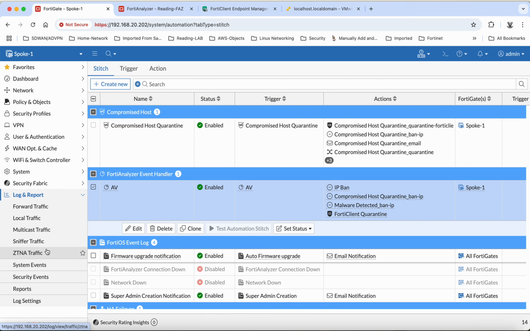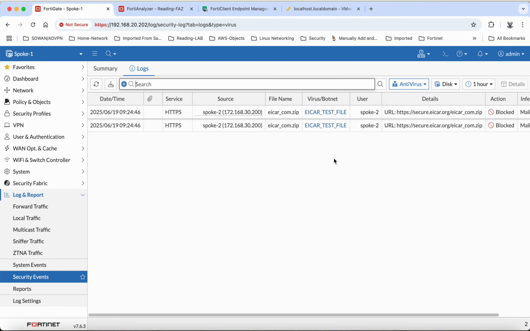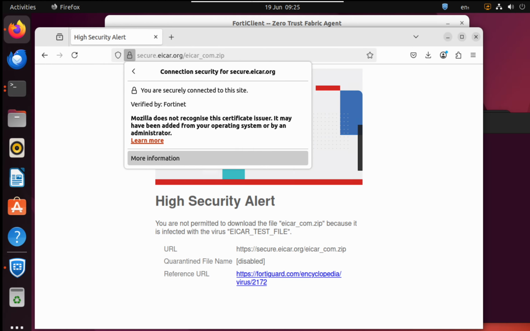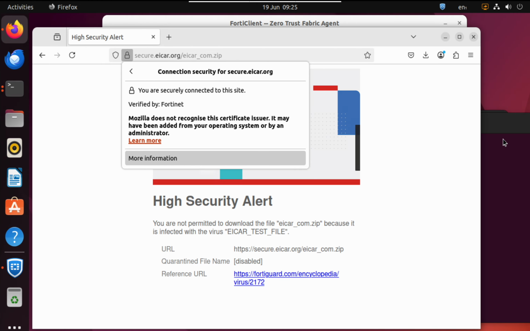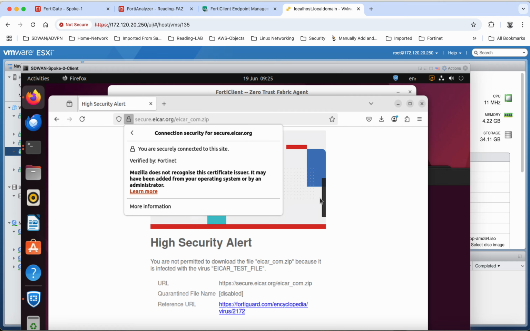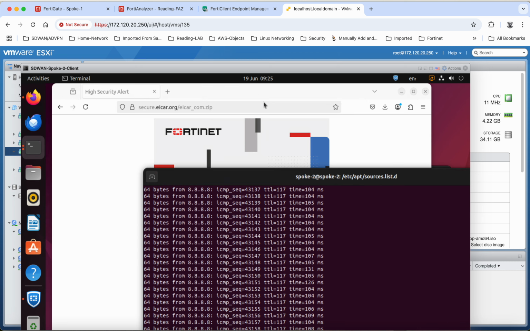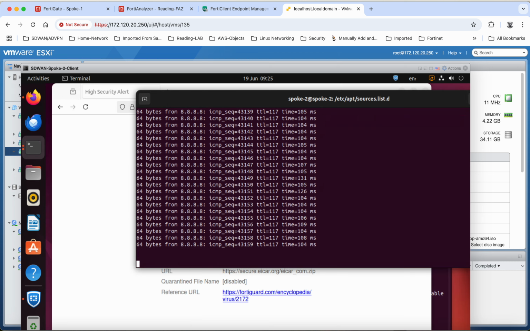If I come to my logs and come to my security events, here I've got my antivirus, and I can see, yes, indeed, I detected that. I can see the source IP address. I can see the action was blocked. And if we come back here, we can see that actually I've lost communication with this device entirely. The reason being is that it has been locked down, right? So if I come here now, it has been quarantined